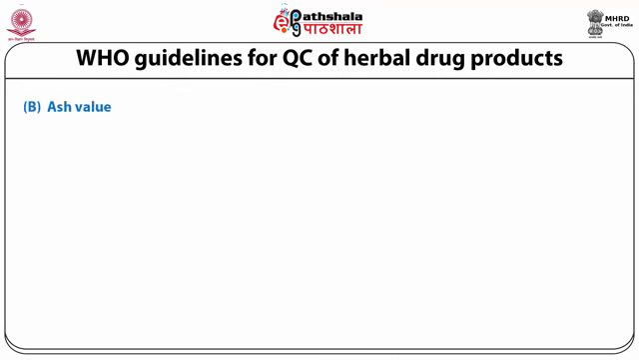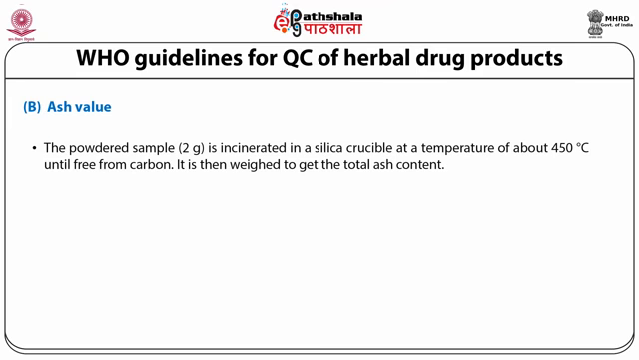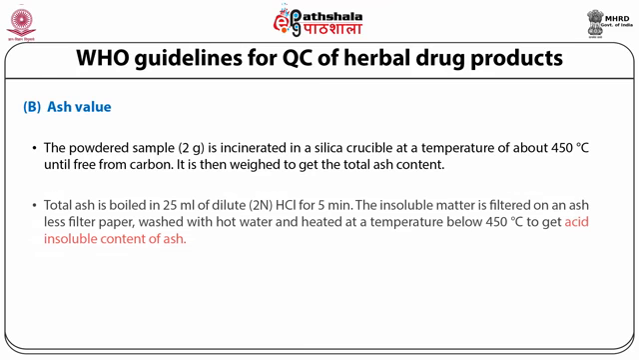Let's now discuss ash value as a quality control parameter. Ash is what is left after incineration of the plant material in a silica crucible at temperatures of about 400 degrees Celsius. It is usually carbon free, and the total weight of the ash with respect to the initial material is known as total ash content, while acid insoluble ash content is determined